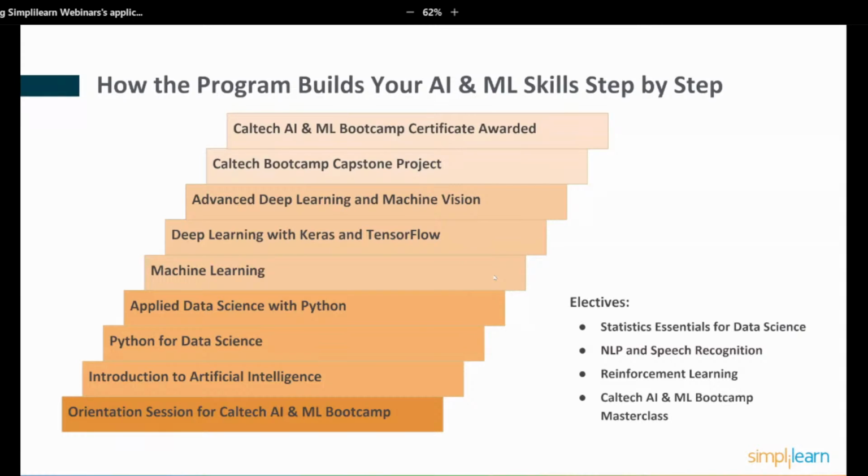And then it moves into the machine learning modules that take you into machine learning and then deeper into the topics of machine learning, including machine vision and deep learning.